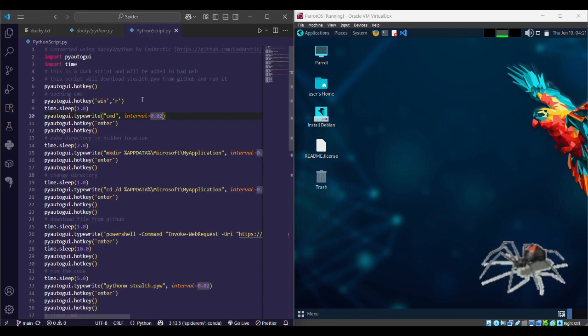Essentially I'm doing the entire thing, but the only difference is that I'm not attaching the bad USB to the device itself. I was planning on doing that, but due to physical hardware limitations, I was not able to do that. So that's about it with the description. So let's just get started with the